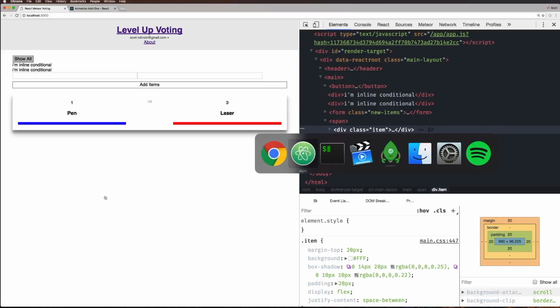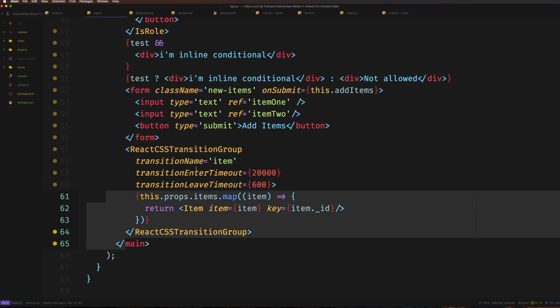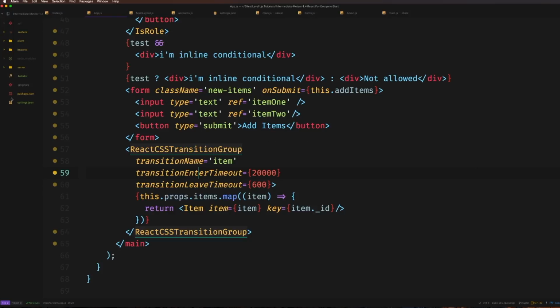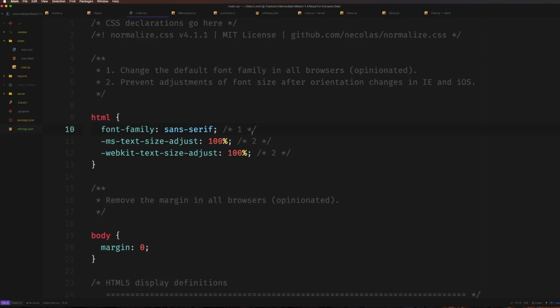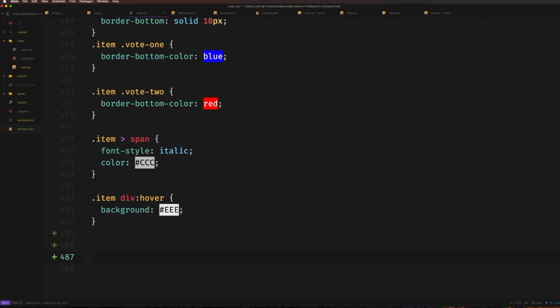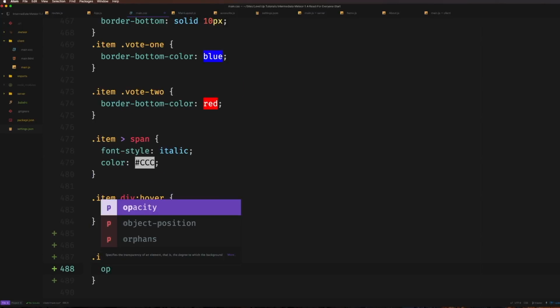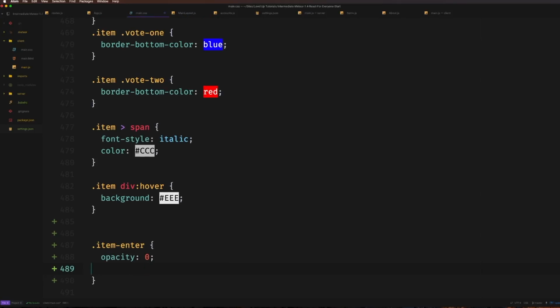So let's go ahead and do that. In our CSS here, let's head to our CSS. Where is it? It's under client, main.css. Let's go to the very bottom here so we can find it nice and easily. And we can say dot item enter. And dot item enter is going to have an opacity of 0, and it's going to have a